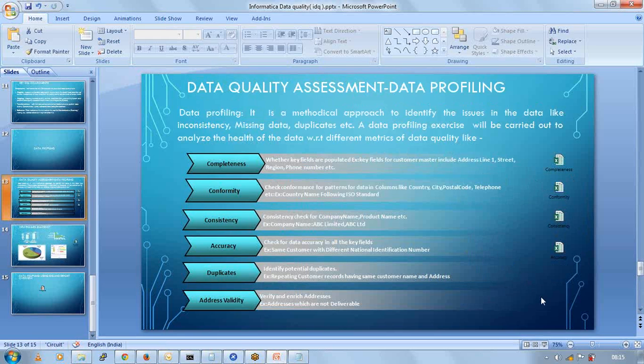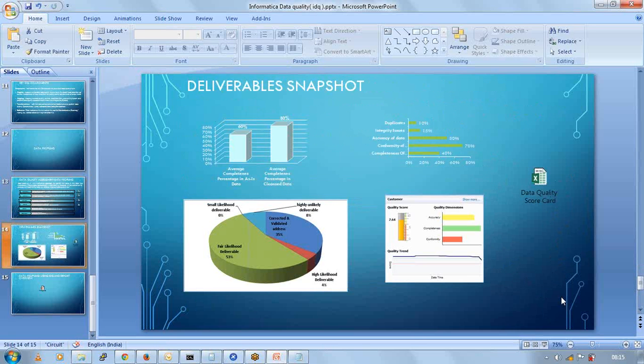So a CFO or a CEO or whoever it is, he would never be interested in going through all his Excel spreadsheets, right? Because it's a waste of time, and all he wants is a graphical way of understanding the issue. So that is where you prepare these kinds of reports. For example, this is for address validation. It is a pie chart which explains how many of your addresses are good, how many of your addresses are bad, how many of your data is okay,